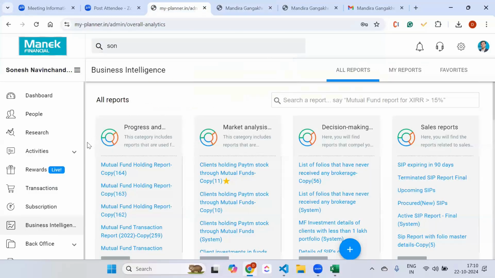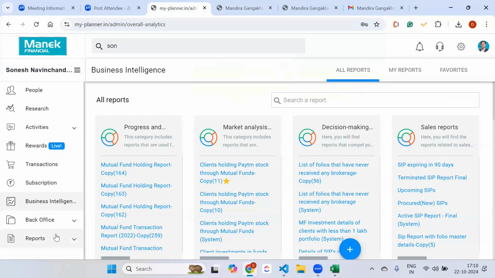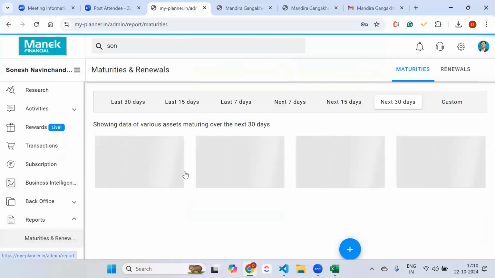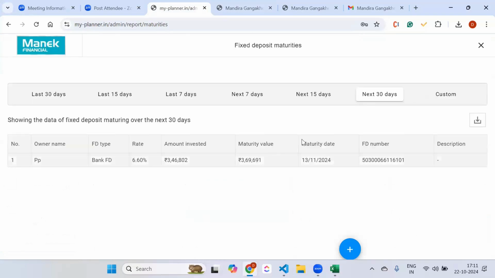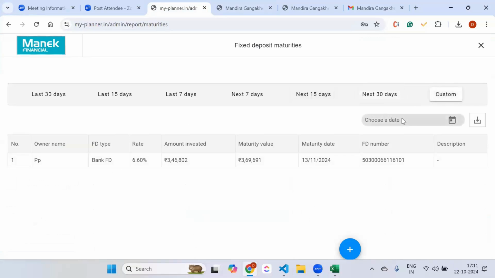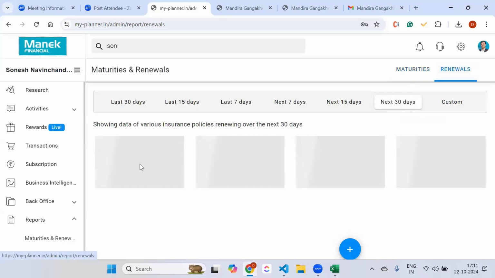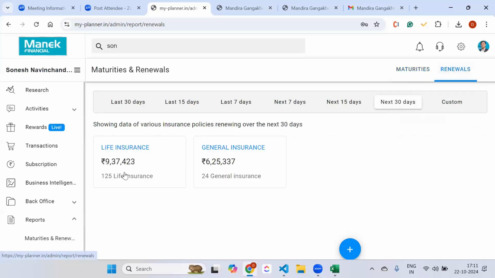एक तो होता है जैसे as an advisor, if you want to see कि कौन से एसेट्स का मैच्योरिटी पास आ रहा है, किस क्लाइंट का मैच्योरिटी आ रहा है, रिन्यूअल आ रहा है, so that you can either call him और suggest things to him, मतलब कुछ रिन्यू करना है या बोलते हैं ना कि ट्रांसफर कराना है। तो वो सब के लिए हम आपको एक रिपोर्ट देते हैं in the maturities and renewals where you can see all the asset classes कि अदर एसेट में कितने एसेट्स हैं, एफडी में किसकी मैच्योरिटी मैच्योर हो रही है नेक्स्ट 30 डेज में, नेक्स्ट 15 डेज में, so on. इधर आप चाहे तो कस्टम करके अपने हिसाब से कोई भी पीरियड भी देख सकते हैं।